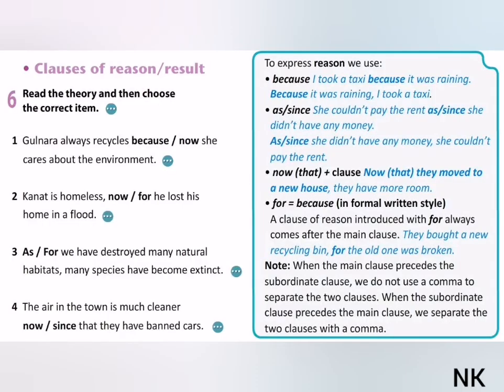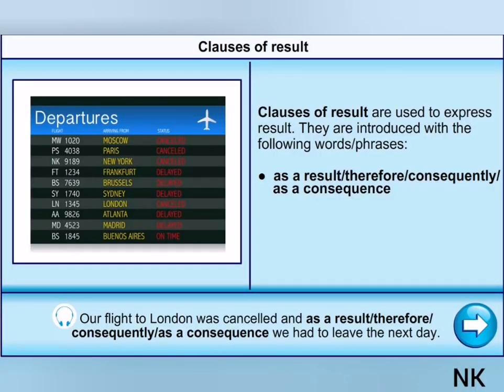Exercise 6. Choose the correct item. Clauses of result. Clauses of result are used to express result. They include the following words: as a result, therefore, consequently, as a consequence. For example,